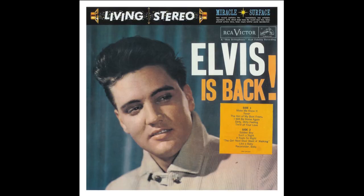The reason why it's so misunderstood or so confusing is because RCA did some crazy stuff with this album. They have a tendency to rush things out. And one of the first albums that they did that way was Elvis Is Back. Because they rushed it out so quick, they didn't put any of the song titles on it. So a lot of people went to the store, bought it, and went, hey, wait a minute, what the hell's on this album? So, of course, then when they realized that they needed the song credits, they added a yellow